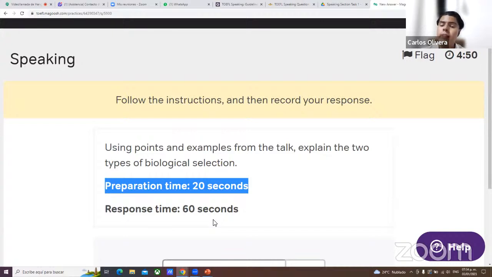As I say, they give you 20 seconds for preparing it, taking your papers, reading, etc. And then after those 20 seconds are over, once again, the voice in your headphones is going to speak and say, well, now that you have prepared your summary, begin delivering it after the beep. And once again, a sound like beep.